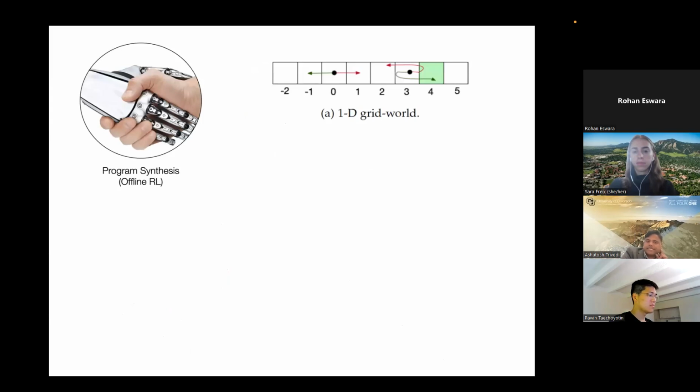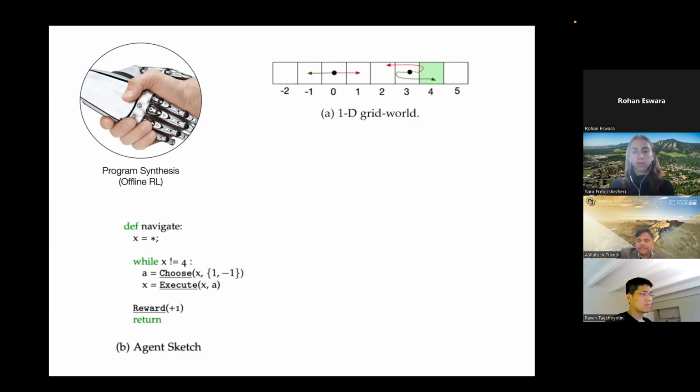This is a very simple example of offline reinforcement learning, where you have a very simple problem of a one-dimensional grid world. You have a bunch of cells. You start from one of the cells, and your goal is to reach the green cell, and you have two actions in each of the cells. Maybe in the even cells, those actions work in one way, and in the odd cells, they work in another way. And your goal is to interact with the environment and find the optimal sequence of actions to satisfy